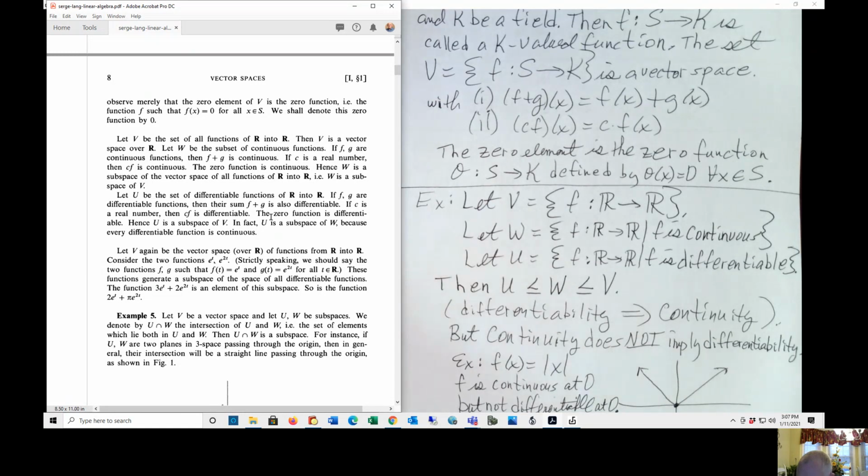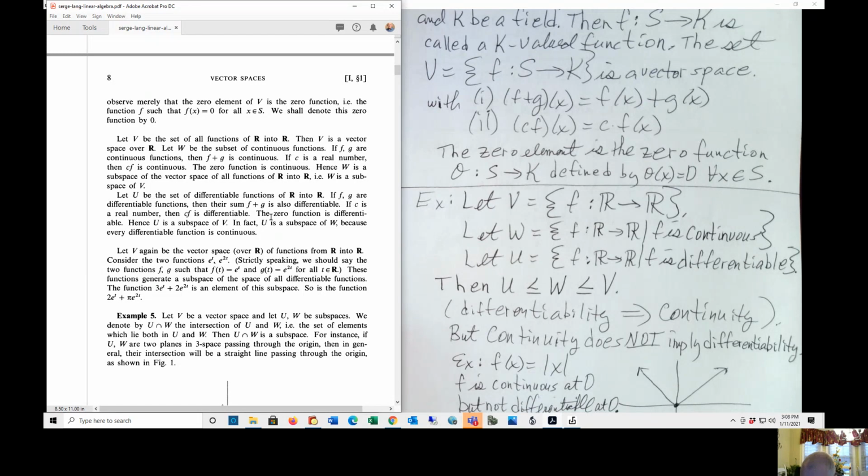And then let U be the functions that are differentiable or have a derivative over the real numbers. Then it becomes clear that the differentiable functions are a subspace of the continuous functions, and that the continuous functions are a subspace of all real valued functions. That goes back to Calculus 1, where we say that